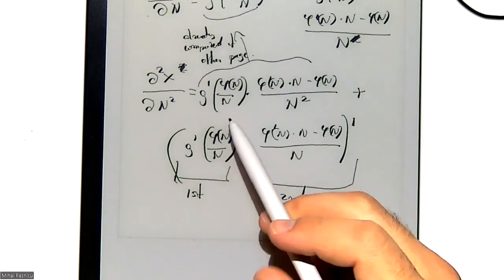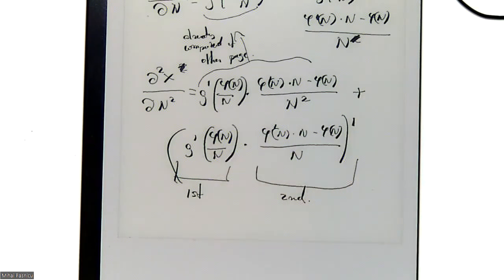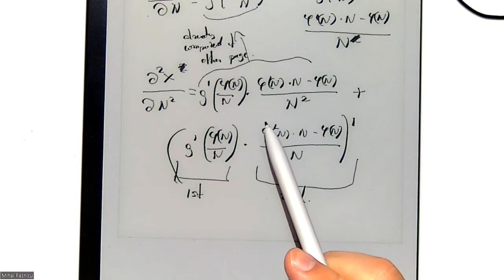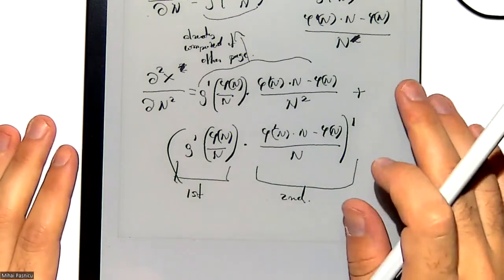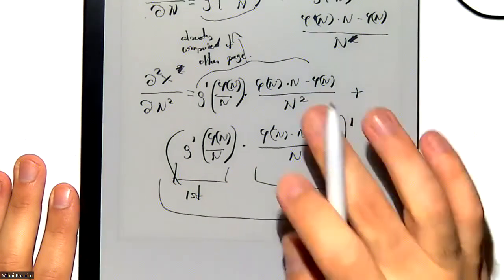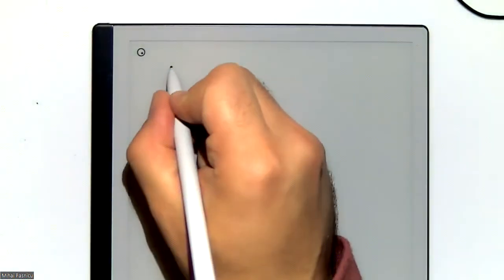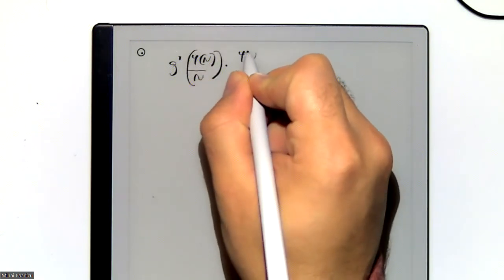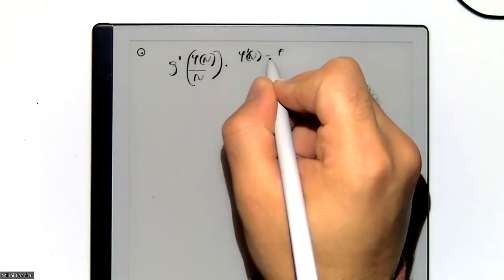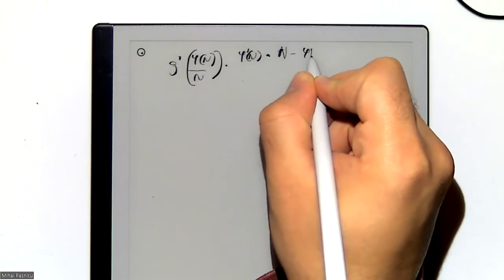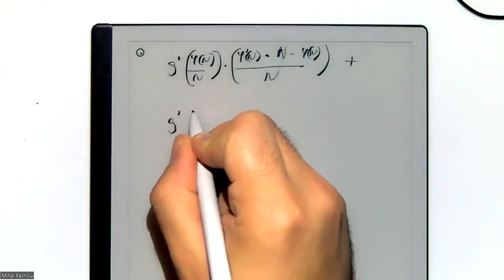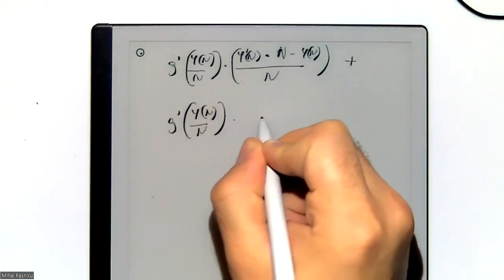And again, I'm not gonna carry this thing after me until the end, just because it's an ugly formula and there's nothing I can do with it right now anyway. So let's just work with this for now. So according to the product rule, that's just gonna give me g prime of p of n over n times p prime of n times n, I think it is, minus p of n over n plus g prime of p of n times